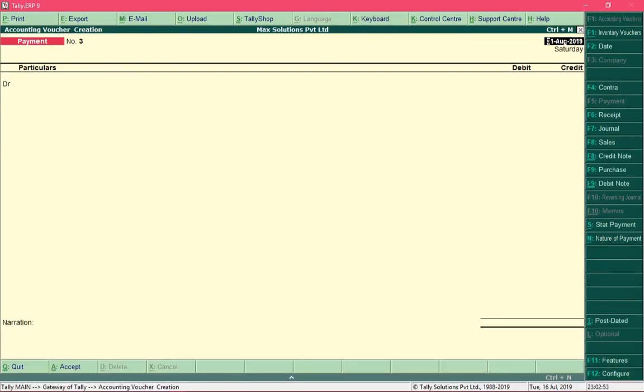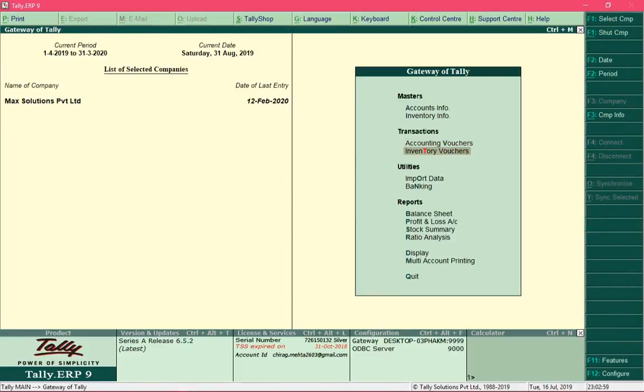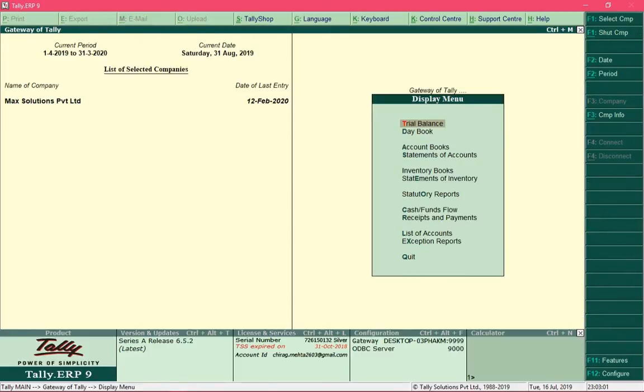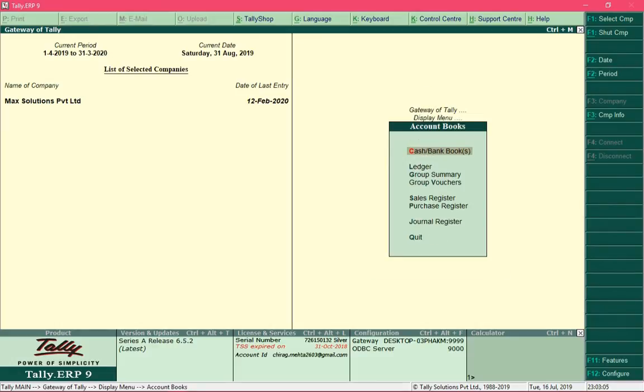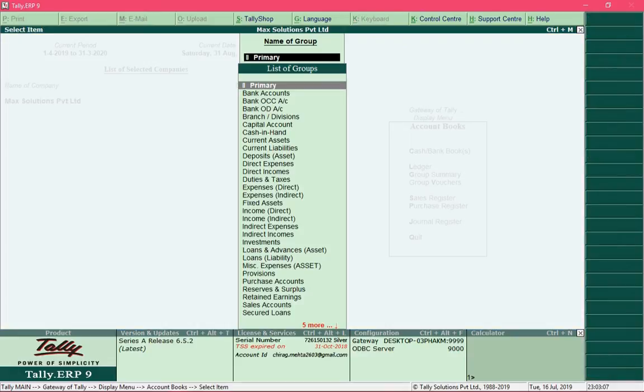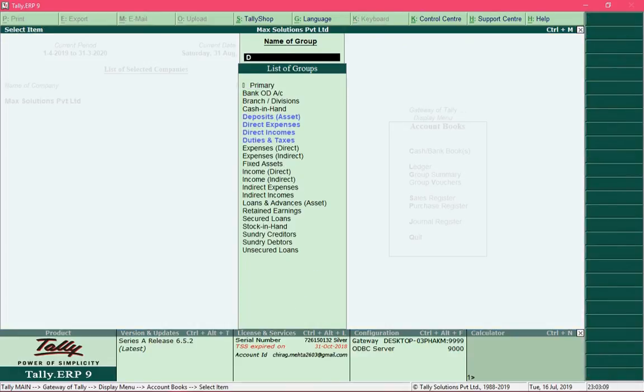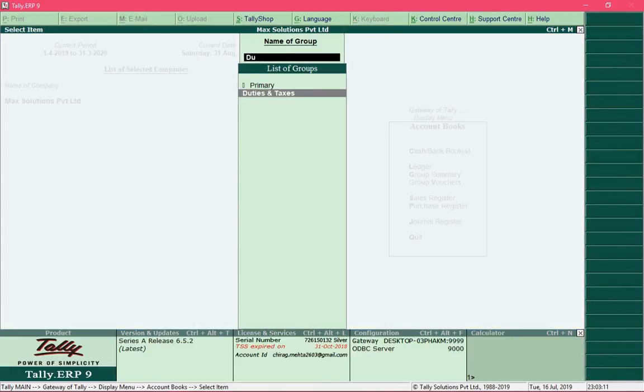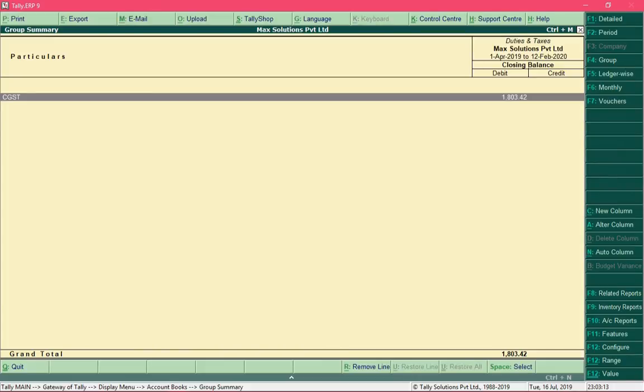Now let's check the report for GST. Press the escape key and select the option Display, then select Account Books and select Group Summary, and I want to view the summary for the group Duties and Taxes.